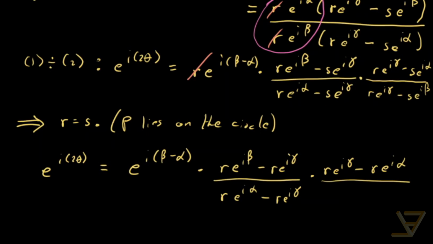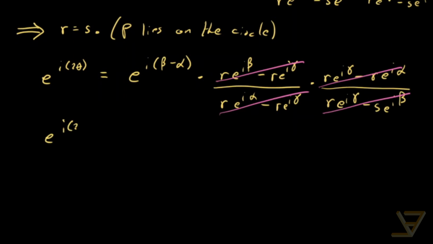So you can already see some cancellations here, times r e to the i gamma minus s e to the i beta. So these two cancel out. We get cancellation here and here, that produces a -1, and here that produces another -1, so we get just 1. So that gives us